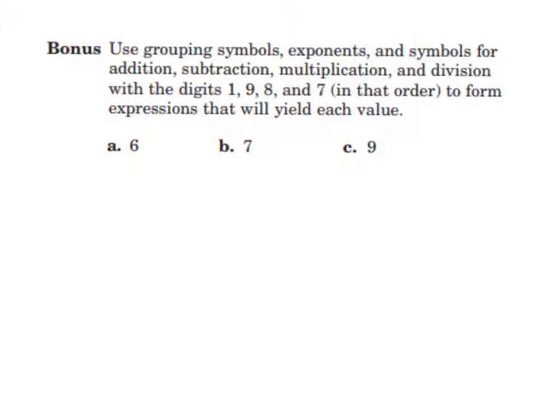Now I'm going to guess that this hasn't taken that long, and so actually you could do this as a challenge right now today and see if you could get it. It says use grouping symbols, exponents, and symbols for addition, subtraction, multiplication, and division with the digits 1, 9, 8, 7 in that order to form expressions that will yield each value. So the idea is this: 1, 9, 8, 7. Is there a way you can do things with everything they show up there